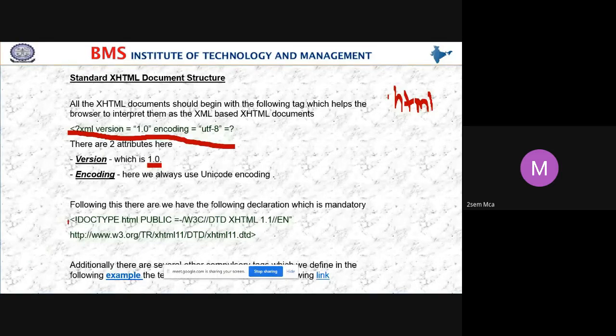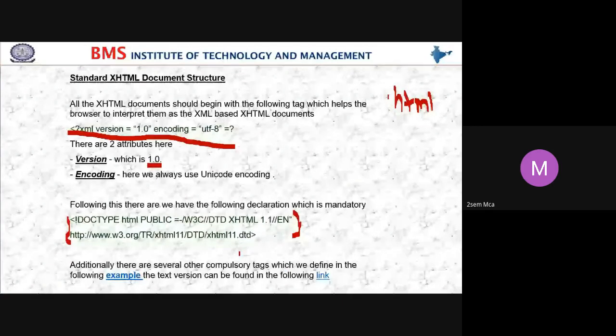And one more thing, here we have to include a doctype. These statements are also important in an XHTML program. That is, DOCTYPE html is equal to W3C. W3 stands for, anybody know what is W3C? What is W3C? Any idea?